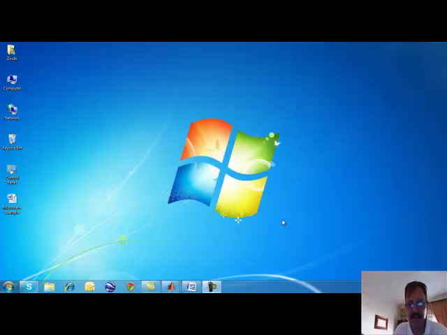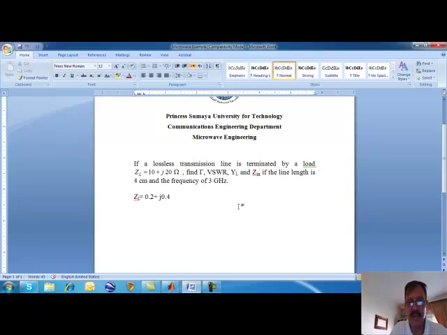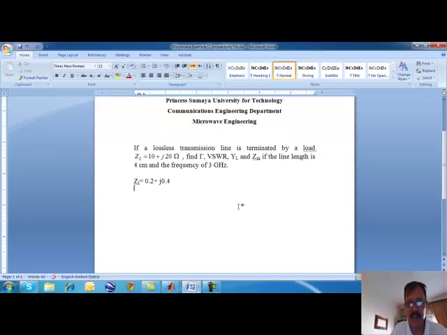Hello, this is a demonstration in how to use the various technologies to produce a lesson in microwave amplifier design, a course which is delivered by Princess Sumaya University for Technology. The example that we have here at our hand is a microwave example stating that a microwave lossless transmission line